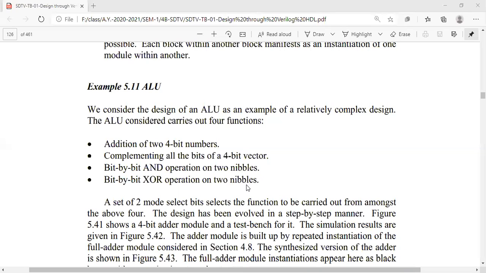What does this arithmetic and logic unit do? We may have some n number of functionalities. Among those, one may be addition of two 4-bit numbers. The other one may be complementing all the bits of a 4-bit vector.